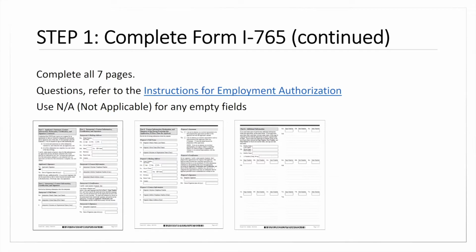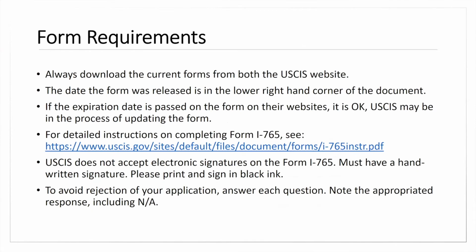After you've looked at that form and the instructions online, you're going to continue to fill out that form. Again, we've talked about the importance of using the correct form, making sure that the date and the edition is the current edition, and that it's still eligible, again following any instructions online. And then I want to express the importance of making sure that you have that handwritten signature. Even during COVID, they still require that the I-765 has a printed signature. So I would always sign and date that in black ink. And again, make sure that you mark the answers that are not applicable to you with NA.